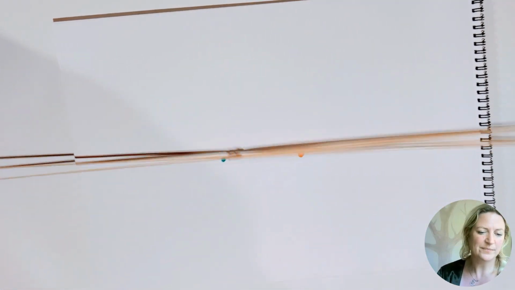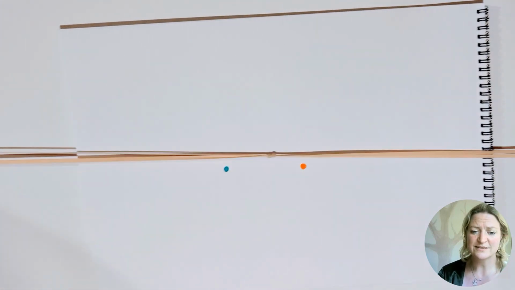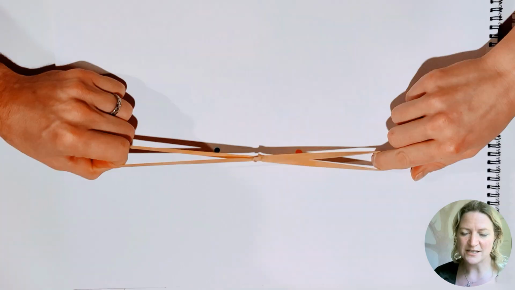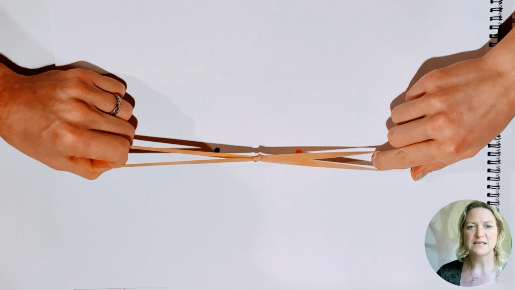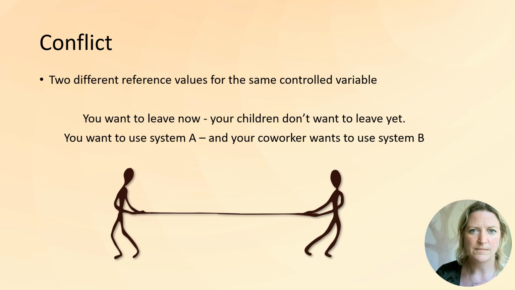They put in maximum effort to get the knot over to their side, and eventually, most times in this demonstration, the rubber band breaks because they all keep on pulling on the band. This is a nice demonstration to try at home as well. What we see happening here is that both sides put in maximum effort and both are not able to keep their perception at their reference. So both don't get what they want.